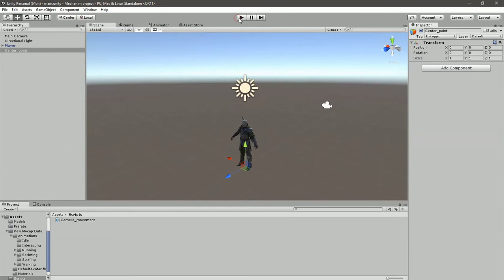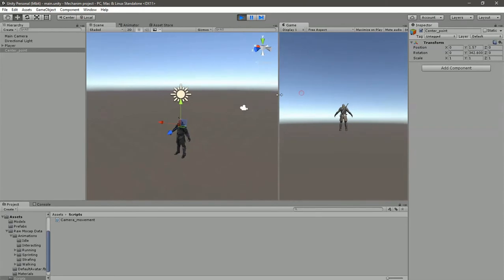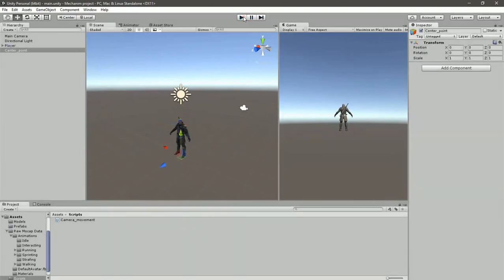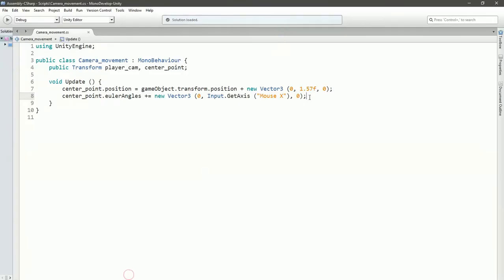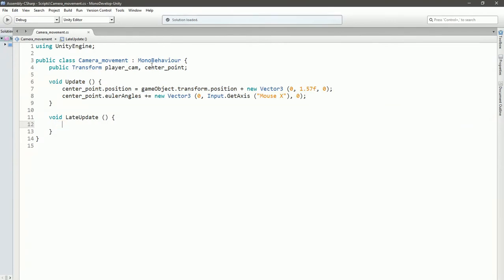And now let's start the game. Let me split this. Okay, and now as you see, our center point is rotating. So that's the center point, and then let's move into our camera, and we will execute it in late update, just because it is executed after the update,